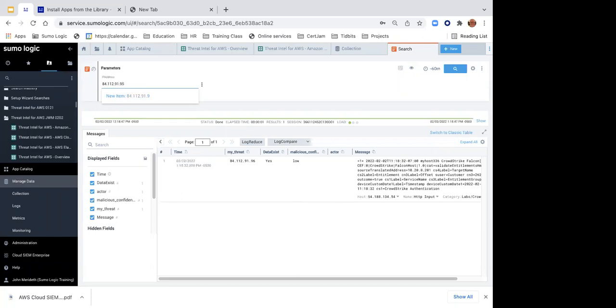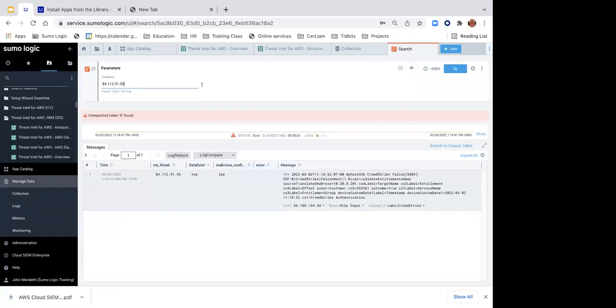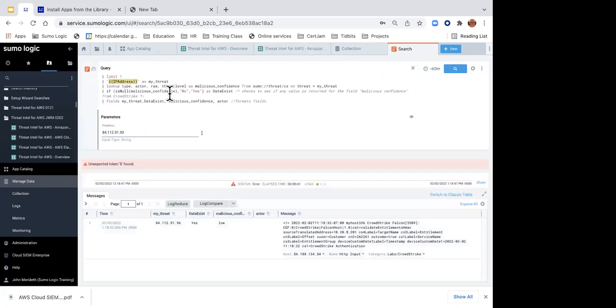Just for fun, let me change this to 95.95 and, hold on. I think I forgot to grab the double quotes in my query here. I forgot to actually include the double quotes in my parameter. So that's my fault there. Okay. Bottom line is that I'll fix it up. But there's ways that you can enhance these, is what I'm trying to show you. Okay. Does spacing matter in the code? Sometimes it does. Sometimes it doesn't. Probably double quotes are more important than spacing.